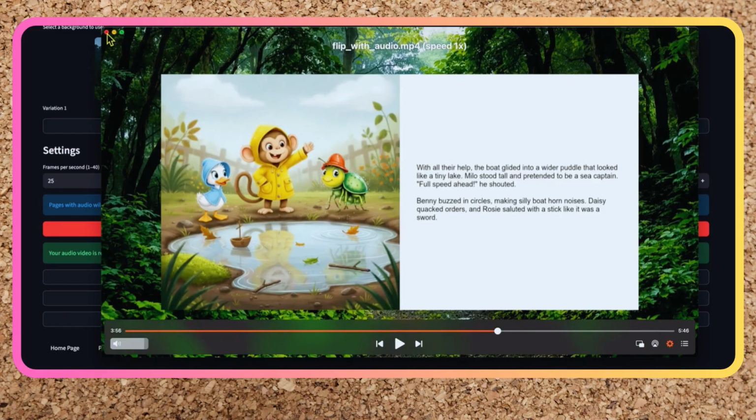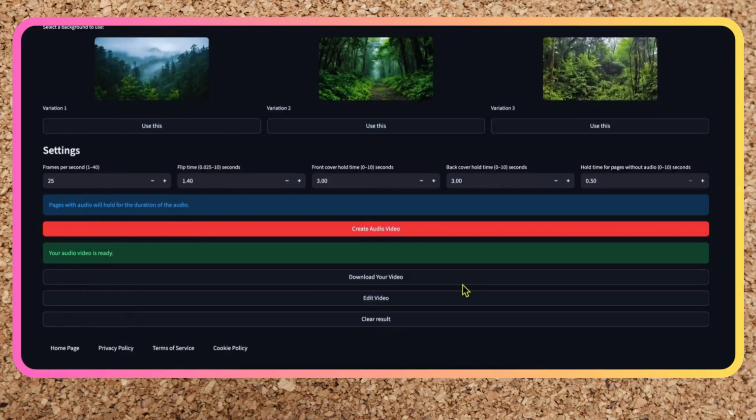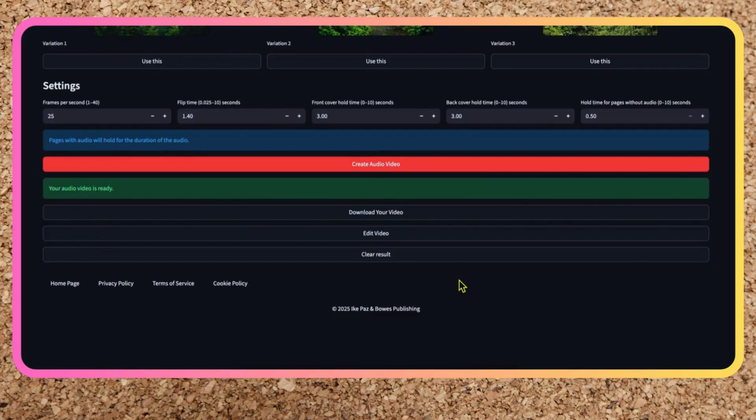Here's the audio. Look at this. Rain splashed on the playground, making big, floppy sounds. Milo the monkey zipped his yellow raincoat and...